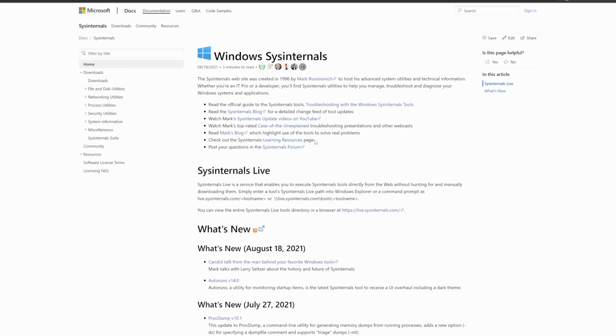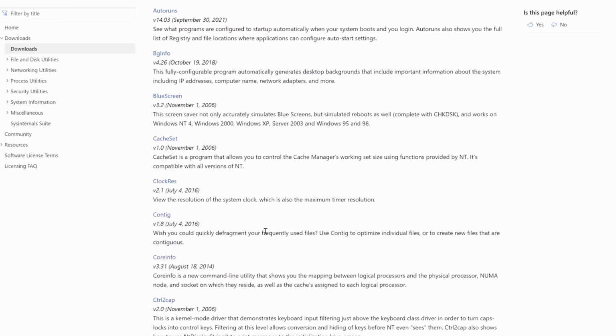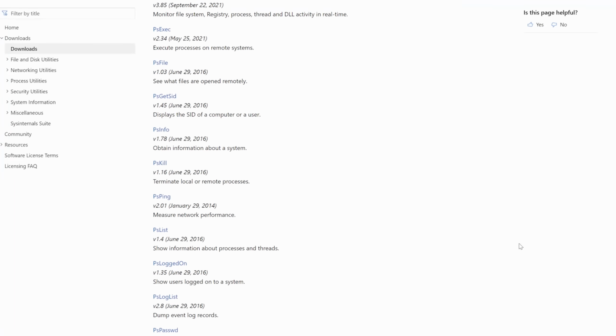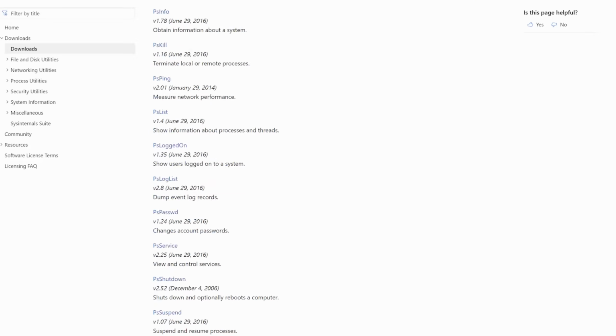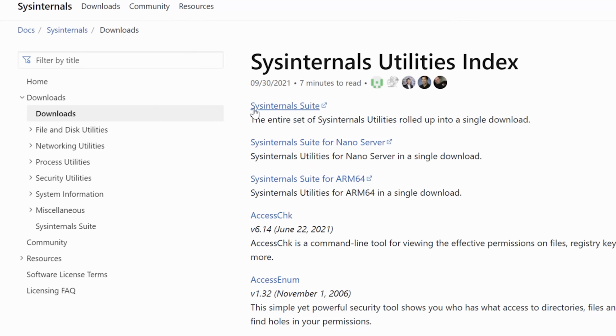But that being said, let's go over how to get it. So you can download the Sysinternals suite from Microsoft's website. I'll put the link in the description. And then you can see that there are a ton of tools in here, so I definitely recommend looking these up if you're curious yourself. I'm only going to talk about this one, which is Autoruns. Now you can download the whole Sysinternals suite as a zip file and it'll all be in there. However,